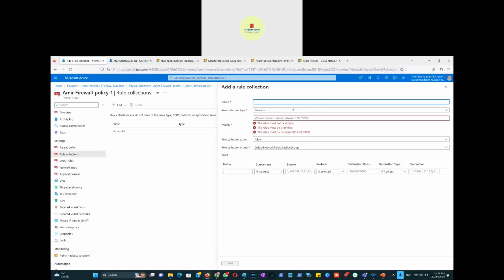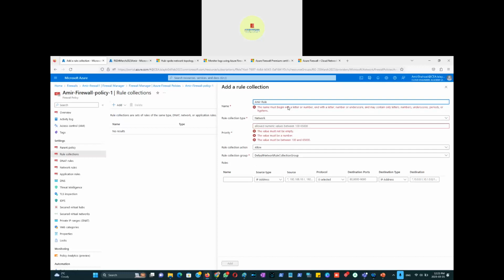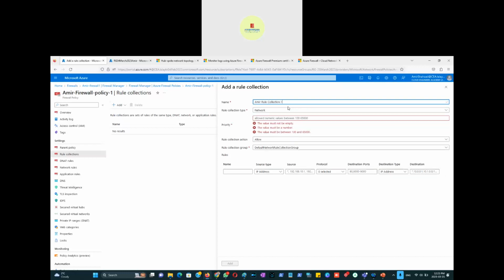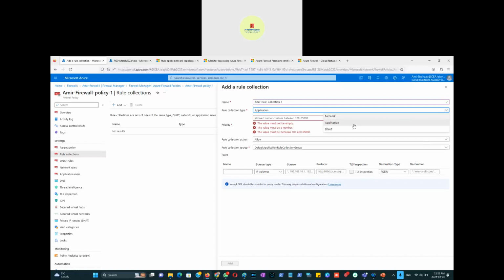And then it just asks what kind of rule collection. So if I go for a name like rule collection dash one, its rule type is network, but what kind of rule is it related to? We're going to explore that. Is the rule for the network, or if I change to the application? You can see the only information here is what we need to configure in the rule collection. For application, if I go for DNAT,